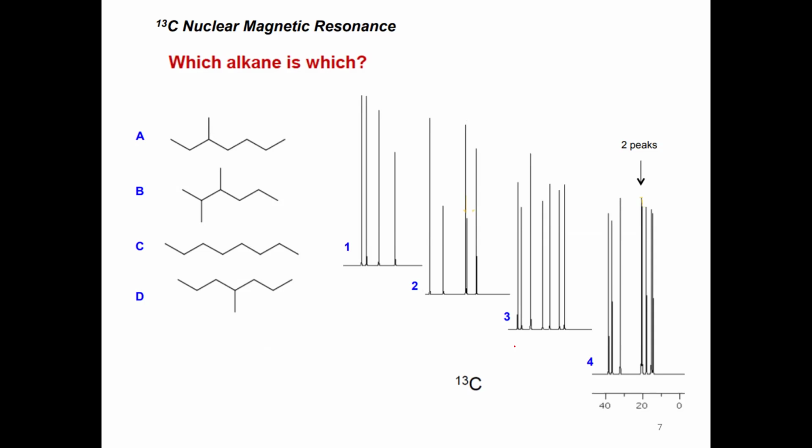All the terminal methyl groups 1, 2, and 3 are different from one another. That makes this one and this one completely different. These two are similar, but still not the same, because this one has more aliphatic and this one has a more tertiary carbon. So this one is the least symmetrical. So probably, if you have 8 carbons,